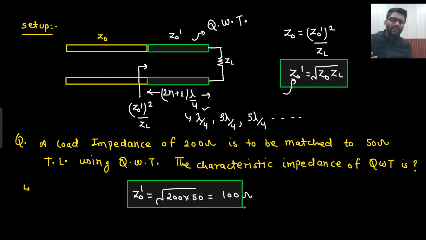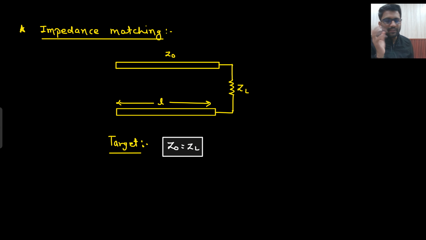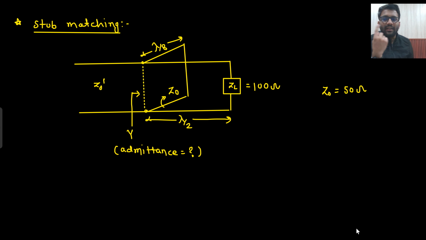That's it. Now this is not the only way of doing the impedance matching. This was one of the ways of doing the impedance matching. The other way is using stub. Now what is this stub? So what do we do? Let's just say I am having a transmission line. I am having a particular transmission line. So at any random distance from load,